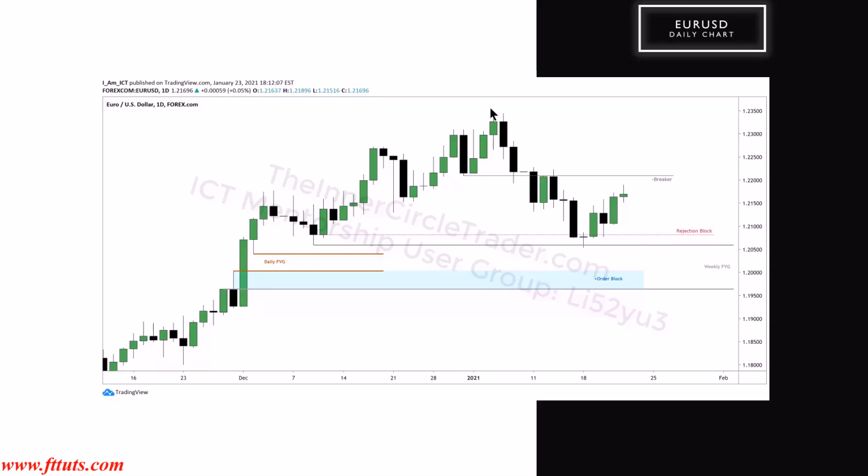If we're expecting lower prices in dollar, higher prices should be seen in euro dollar. But we still have this breaker here. So it could trade up into that breaker and then be met with stiff resistance, and they may reject that harshly and then work towards going into this daily fair value gap and or filling up the weekly fair value gap, and then being mindful that we have that order block here at the low end. That might give us another bounce up into the 120.25, 120.30 level, and not coming back to the low here like classic support resistance theory would teach.